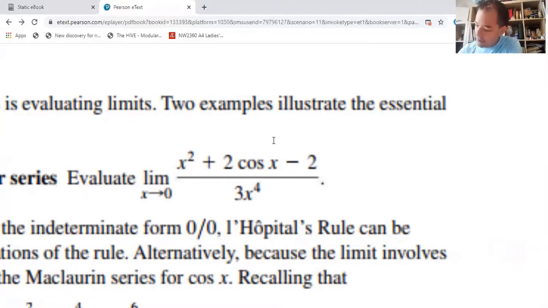So the question is calculating this limit. The limit when x approaches 0 of x squared plus 2 cosine x minus 2 divided by 3x to the 4th. Now, immediately you know that this is 0 over 0, right? If we plug in 0, we get 2 cosine 0, that's 2. And so you get 2 minus 2 is 0. So the top is 0 and the bottom is 0. So it's definitely one of those harder limits. All right? So let's go back to the page and I'll show you how we can do it